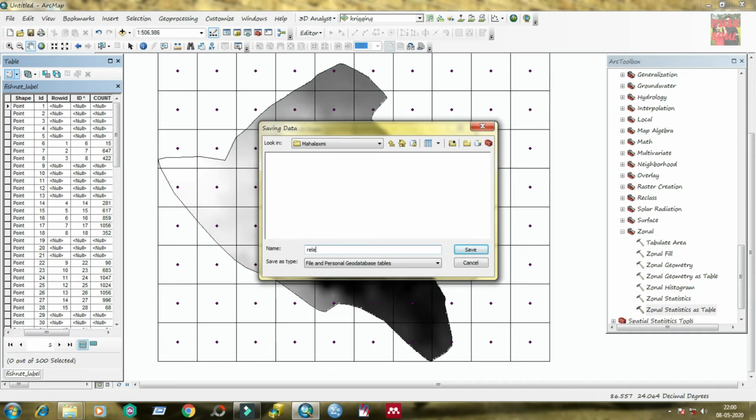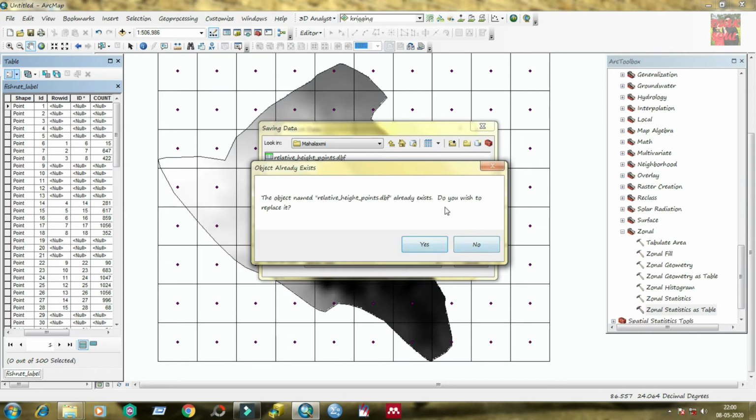I am giving relative height point. Save as type, database table. You need to select database table, then save. You need to reduce the file name.